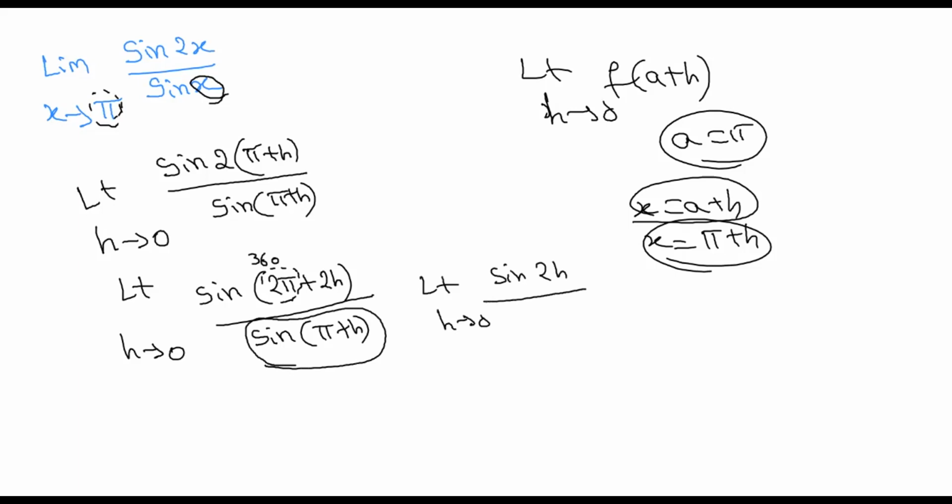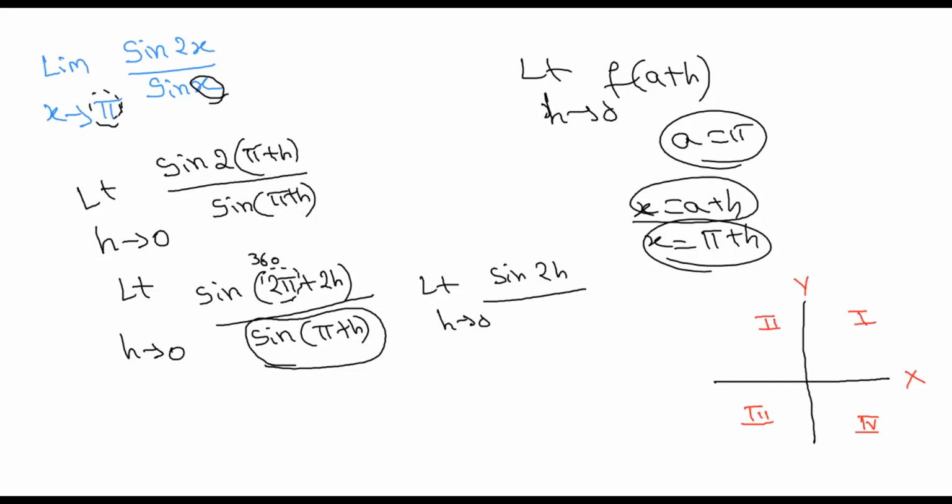This one, do you know how to calculate sine of pi plus h? Okay. For this one, you have to know the quadrant rules of trigonometry. So here, this is the first quadrant, second quadrant, third quadrant, fourth quadrant, right? This is the xy plane only. Positive x, positive y, negative x, negative y. These are divided into 4 quadrants, correct?